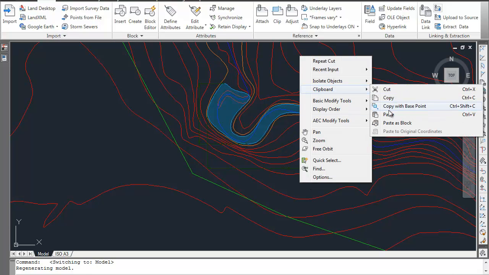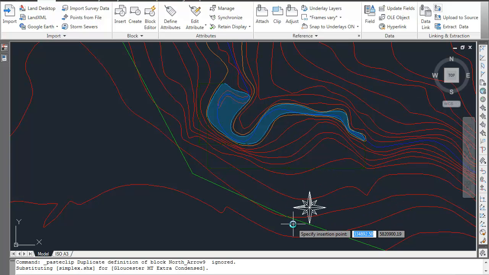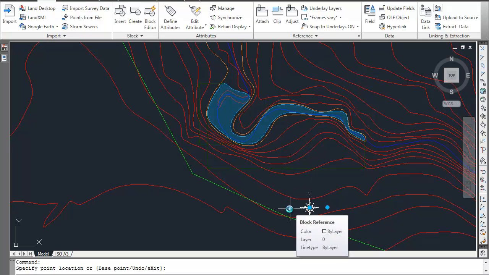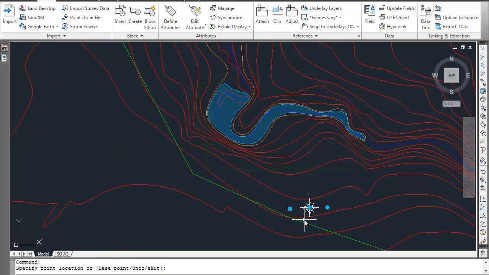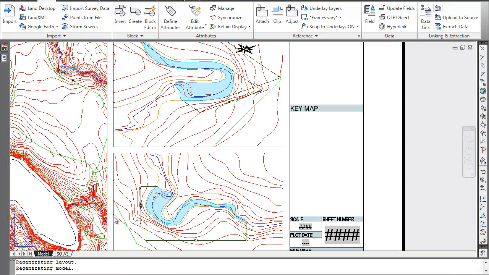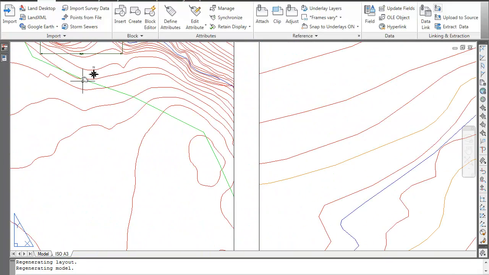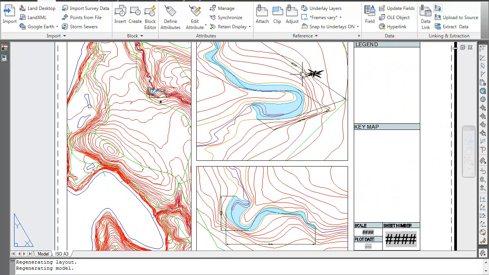Clipboard, paste. There it is there. Stick it about there. The only other thing I'm going to do is make it a bit smaller. And I think I did move it, so I'm going to have to undo Z. Because I did change its position. There you go. And now when we shift back to our 3D annotation here, you can see the value there. Okay, you can see under our 3D you can actually see north in there,